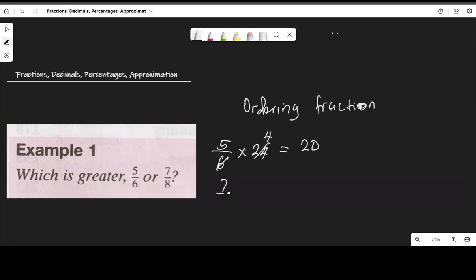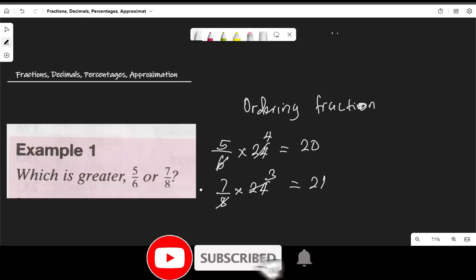The second fraction, 7/8, again multiplied by the LCM, which is 24. 8 here 1, 8 here 3. 7 times 3 is 21. So I compare the two results, 20 and 21. 21 is bigger than 20. Now which fraction gives me 21? The last fraction, which is 7/8. So since 21 is greater than 20, that means the fraction 7/8 is greater than the fraction 5/6. That is that for example number 1. Example number 2,